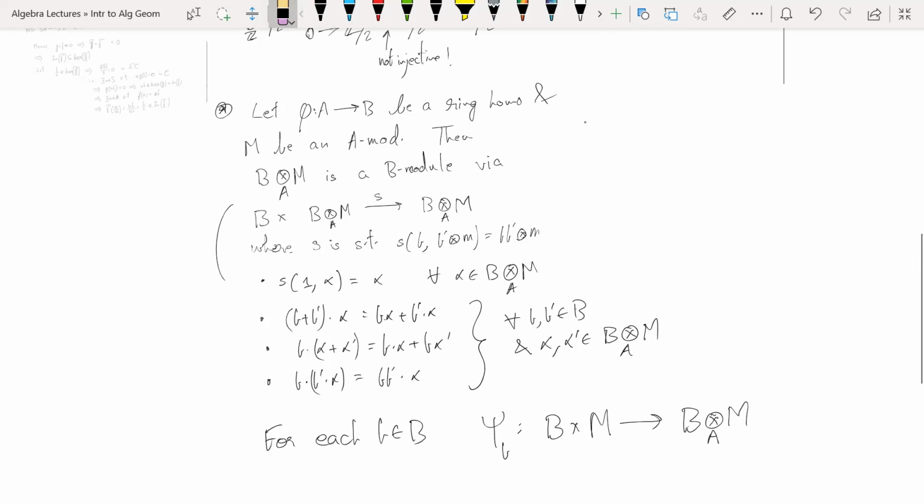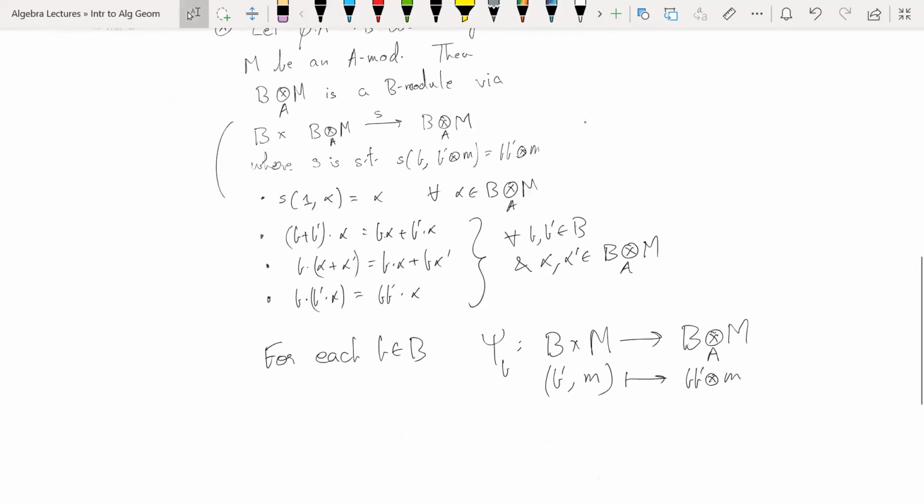This is well defined. Giving a map to the tensor product is not a problem. Giving a map from it is an issue. So you send (B prime, M) to B prime tensor M. Again, you can check that C_B is bilinear. It's linear in the second variable immediately, and also in the first variable. You're just multiplying everything by B. So C_B is bilinear,